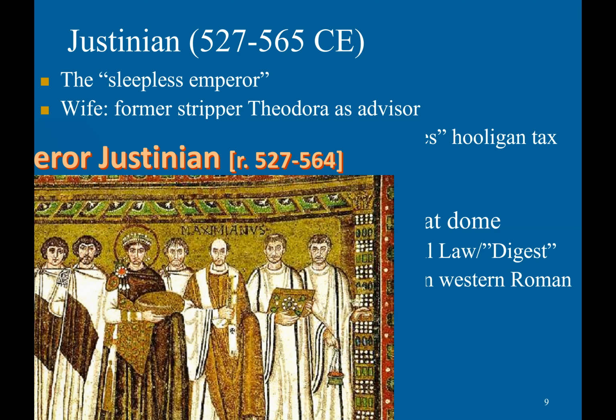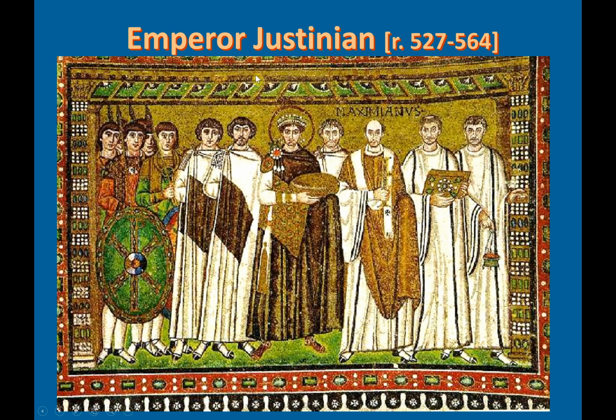So this is a mural from a basilica in Italy. This mural depicts Justinian in the very center with a halo and wearing royal purple, emphasizing the fact that he has a divine right to rule, and that he is very important. He is the boss. He is in charge. There's no question of who is in authority.